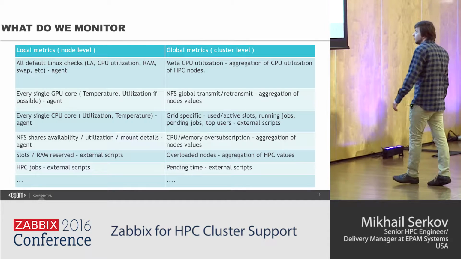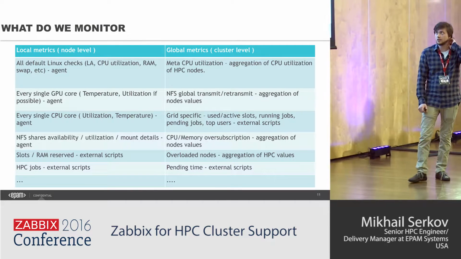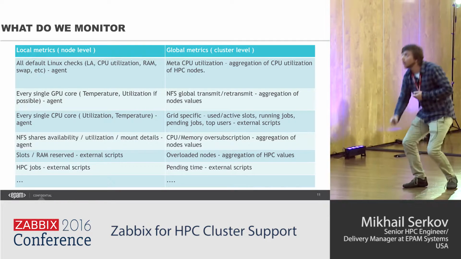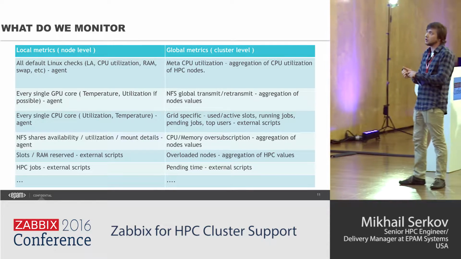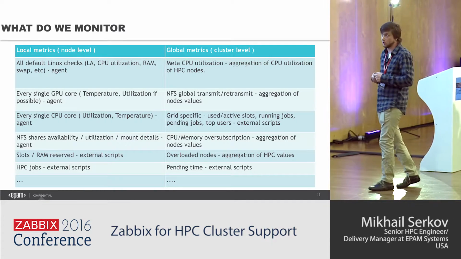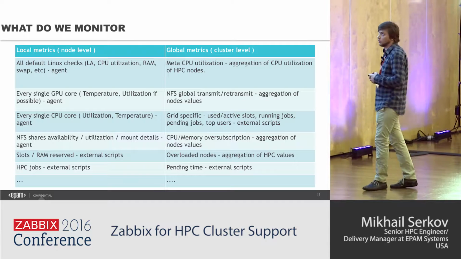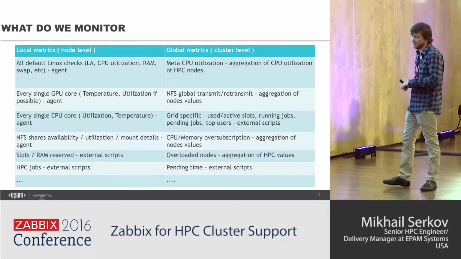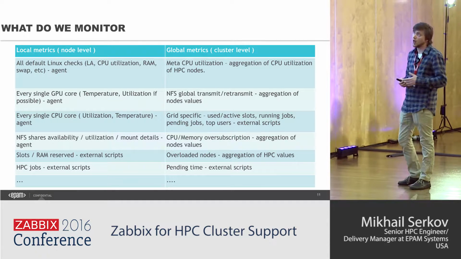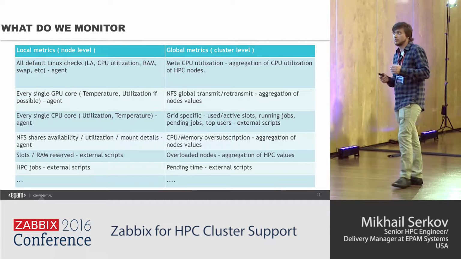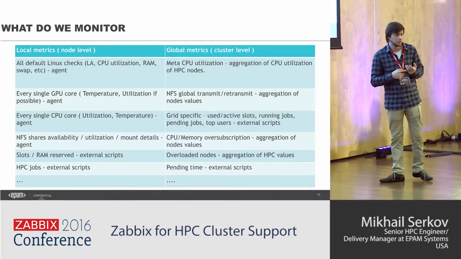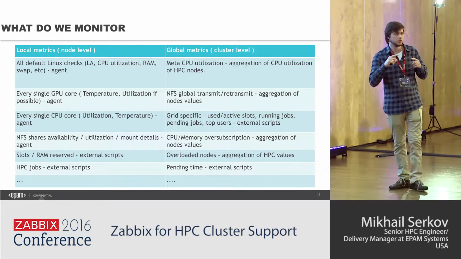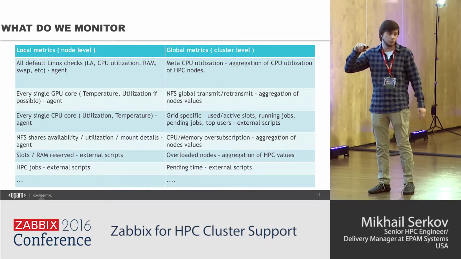And what and how do we monitor? I split it into local metrics and global metrics. Local metrics is what we monitor on the hosts. Of course, we have all the Linux default metrics from the template, like CPU utilization, RAM utilization, and everything. But we also monitor every single GPU and CPU core. We have auto-discovery rules for them,